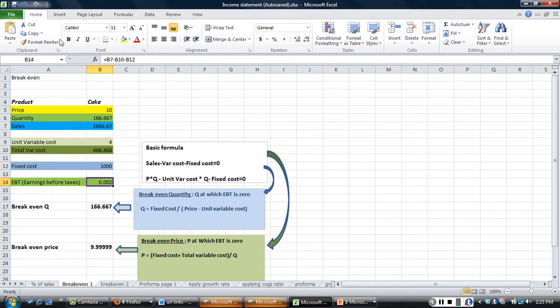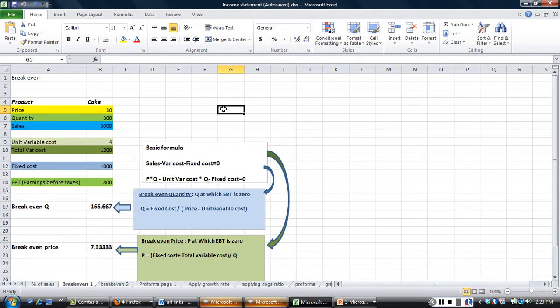Now, if you go back and say, okay, what if we are not going to change the quantity, but what if we have to lower the price? We calculated the formula, but let's see if we can test it out. If I go in and change the price to 7.333, you'll see profit again very close to 0. So that's why it is easy to use Excel, because you can change it and figure this stuff out. So let me summarize it,